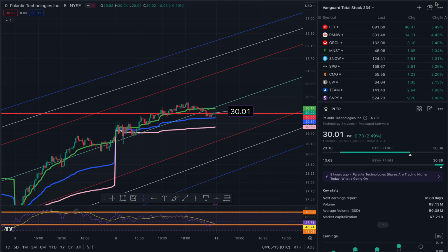This is Palantir on the 5-minute time frame. Here are your price targets for Monday. We ended the day at 30.01, up 2.49%. To the north side from where we are takes us to another level of resistance and a potential take profit area, and the baseline, the middle of the trend,